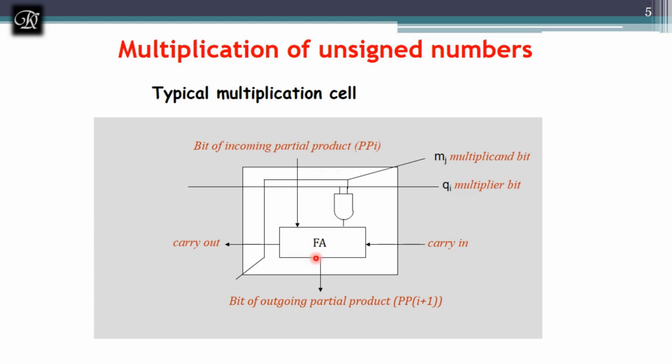For that addition we will make use of a full adder, and the previous bit will give a carry input to the next stage, the next partial product. That is also followed by the full adder, and by making use of this type of cell array, we are going to construct a multiplier, which performs the task we discussed in the previous example.